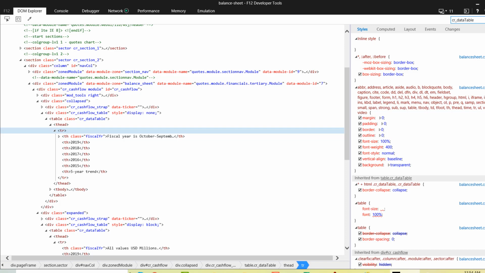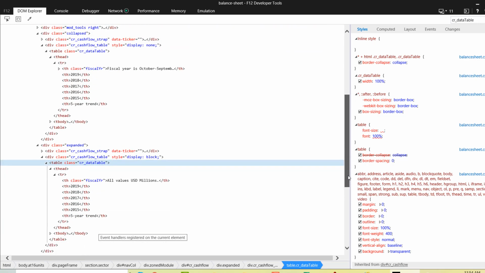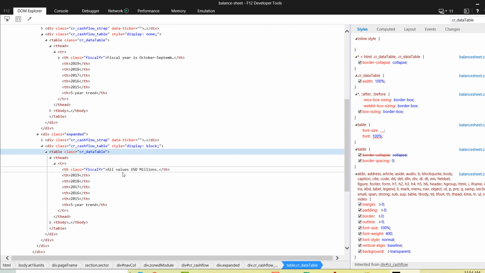So I click on the next. Now let's go and check that. So this is where it takes me now, and I think this is the same table which we want to scrape, all values USD million. Yeah, so this means that there are two tables. There might be other tables as well down the line, but I don't want to go and check that, because